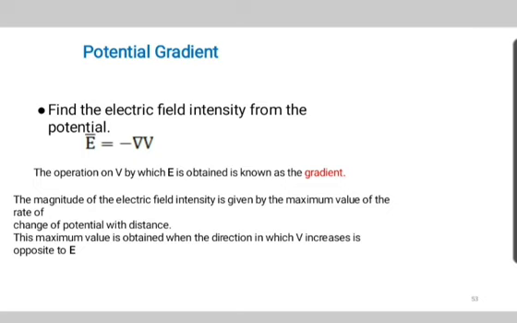The maximum value of electric field intensity is equal to the maximum value of rate of change of potential with distance. The maximum value is obtained when the direction of increment in distance is opposite to that of E bar. The maximum value of dV by dl is called the gradient of V. So gradient of V is dV by dl max,